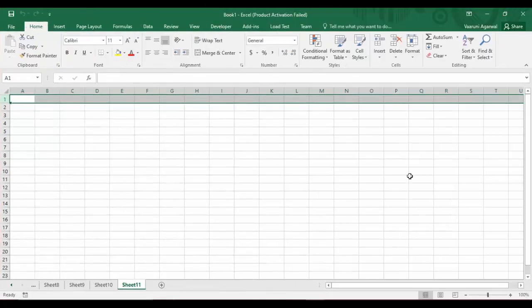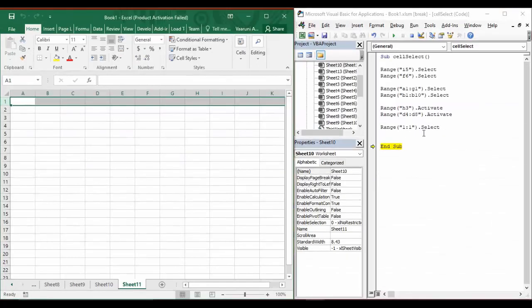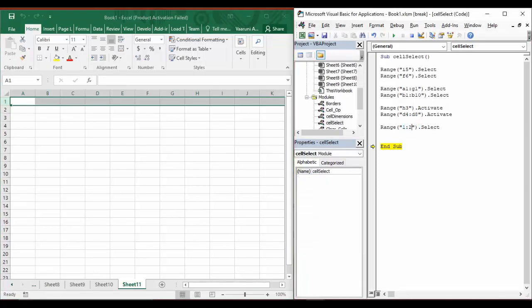Now if I maximize my Excel and move my stylus, you can see this whole first row is selected. That is what it does. It selects this whole first row, and that's how you can go about it. If we change it to say 2, then what happens is, first column, how many rows? 2 rows. The first row and the second row, both of these rows are selected, and that's another usage of the range function. You can use that as well whenever you want.